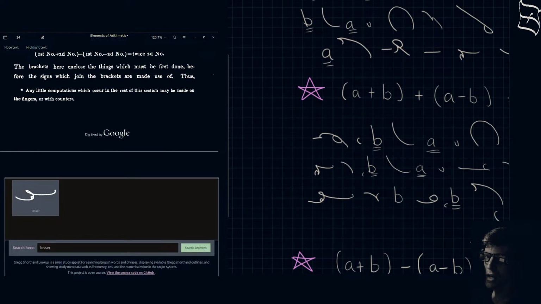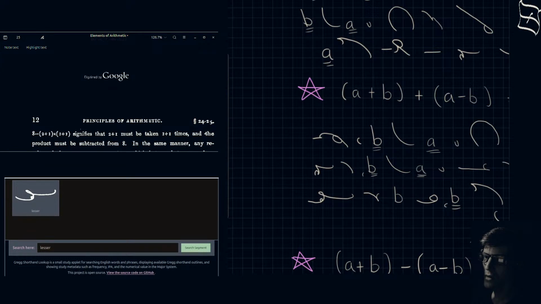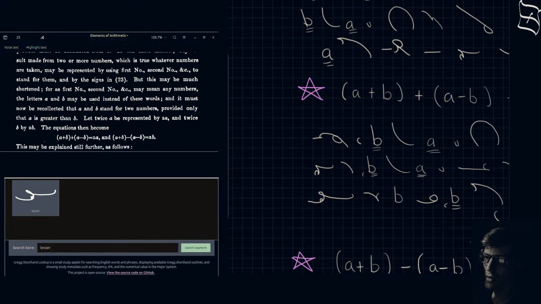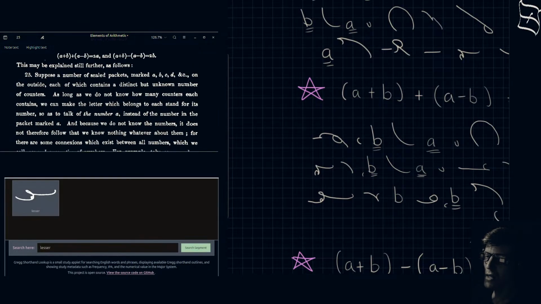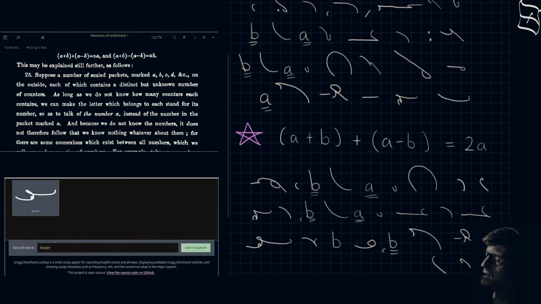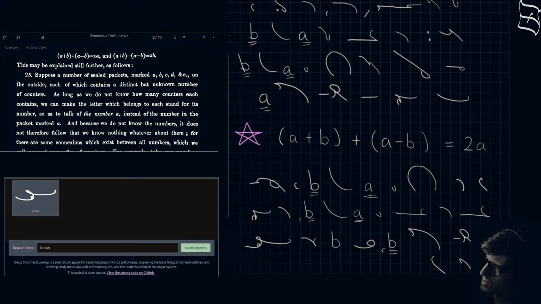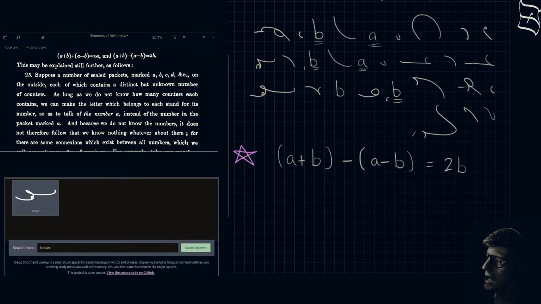And does he give a name for this? Not really. But what he does here, now once he's laid out these, so we have a plus b plus a minus b is equal to 2a, and a plus b minus a minus b is equal to 2b, okay? Now, with this being said,